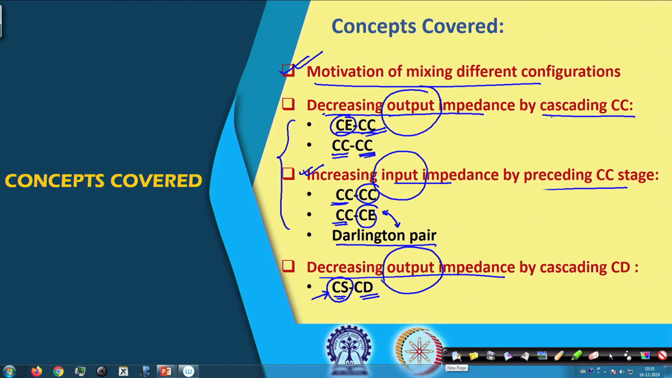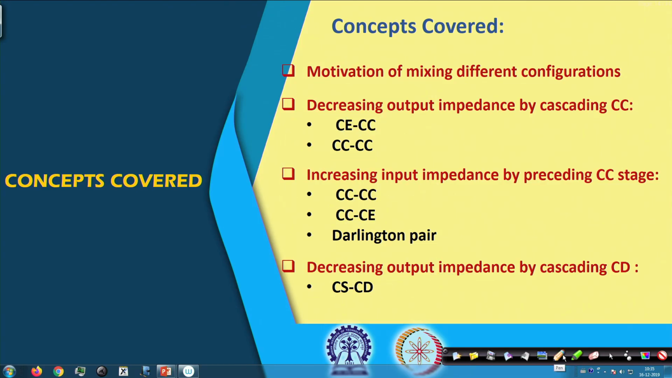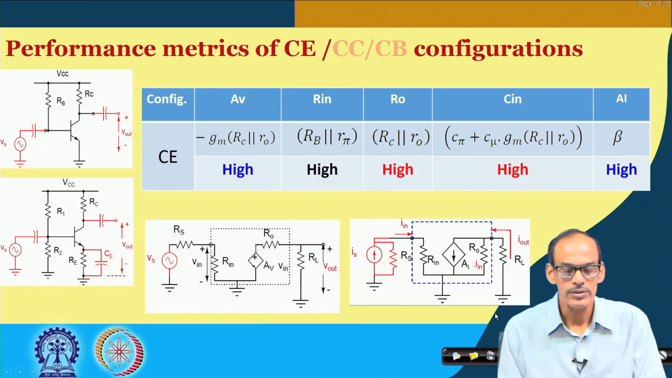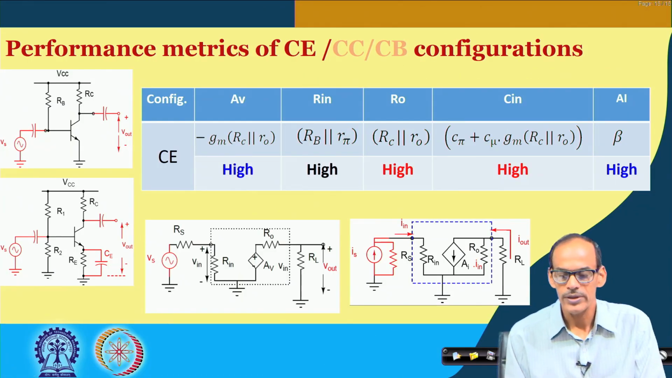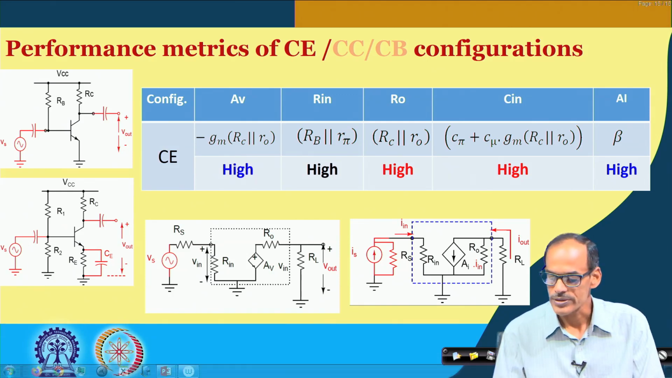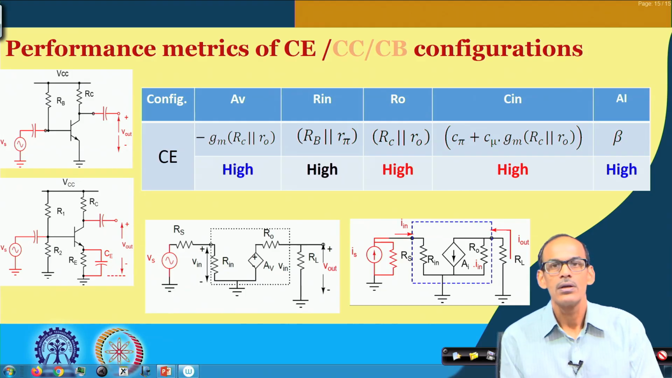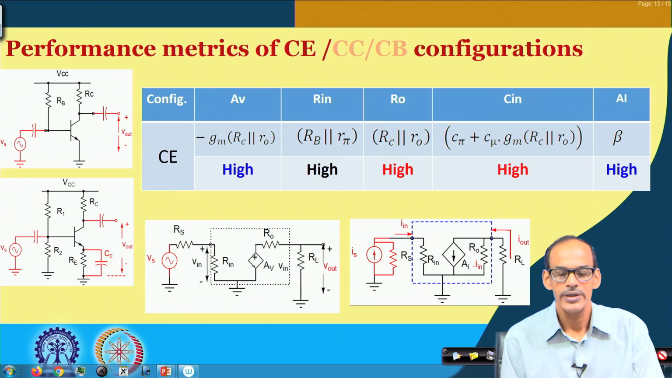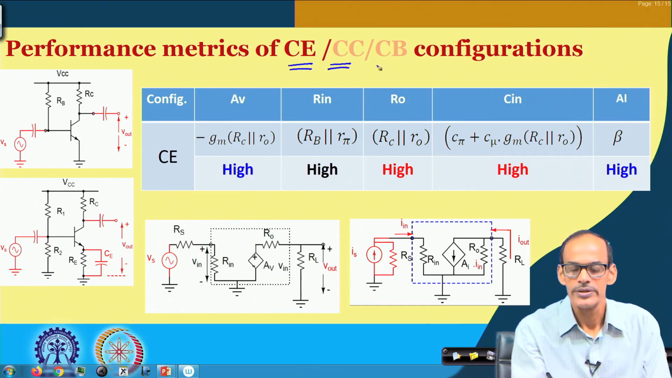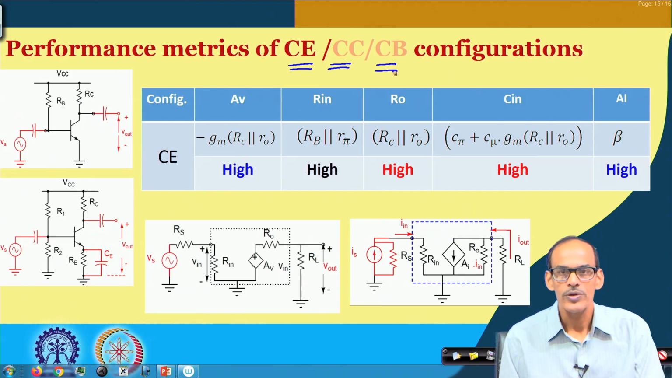In the next slide, we will focus primarily on the motivation for mixing different configurations. To start with, we shall summarize the performances of different configurations. So far we have discussed the basic 3 configurations, namely CE, CC and CB, and we have gone through different derivations. Now, what we are trying to highlight is